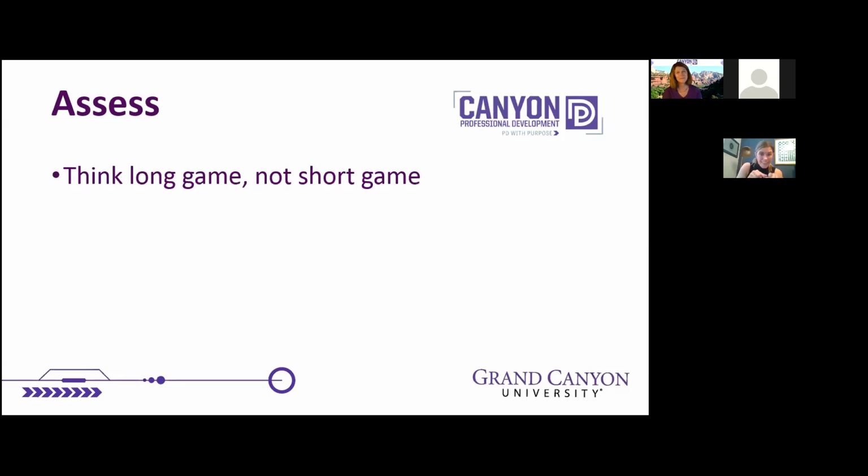It's not about the win and how much. It's really about them getting more of that content and having more of those abilities and skills than they had before. So that goes to my next point, which is think the long game, not the short game. What I would suggest that you think through with your teachers is, yes, you need to put checkpoints in. For instance, every single week, there needs to be a checkpoint, something your students are submitting so that you can formatively glean whether they're getting it or not. But when it comes to that big summative stuff, we need to be thinking a long-term game. And we need to give them ample time. And like I said, grace,